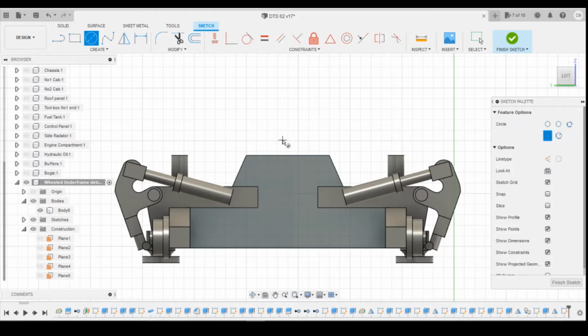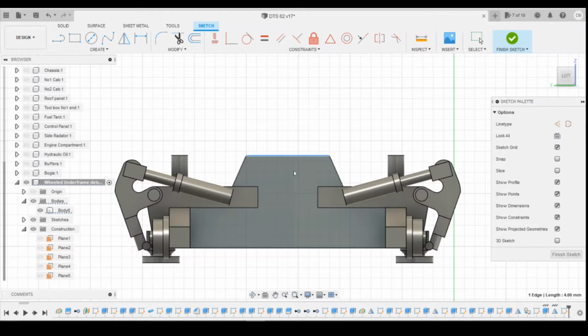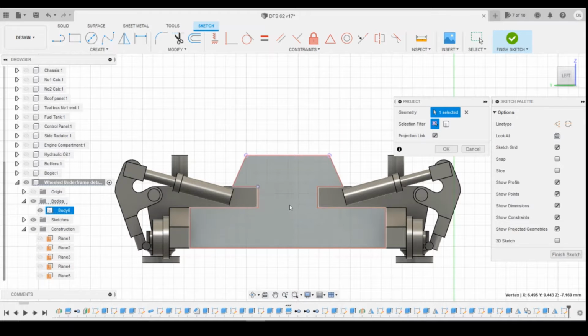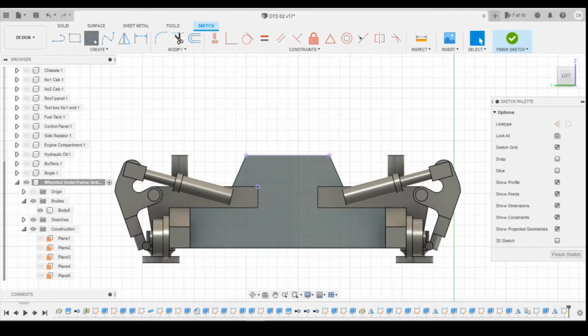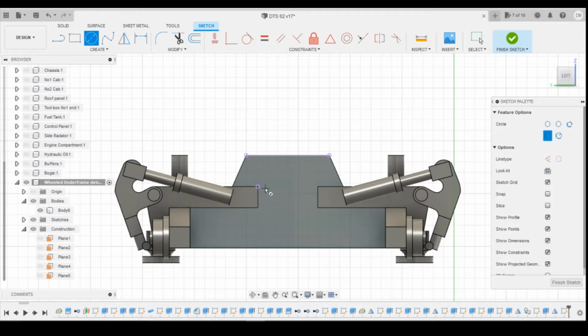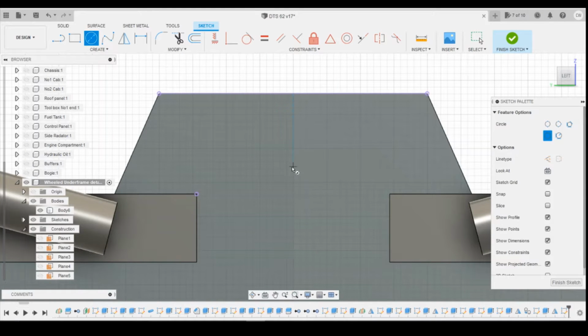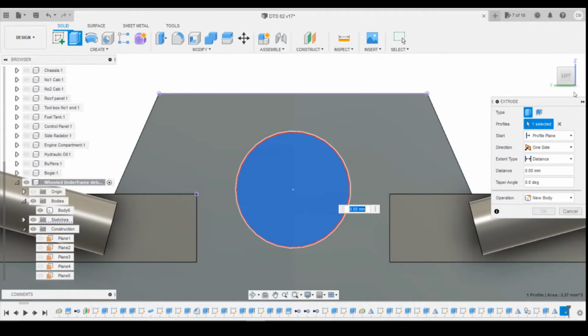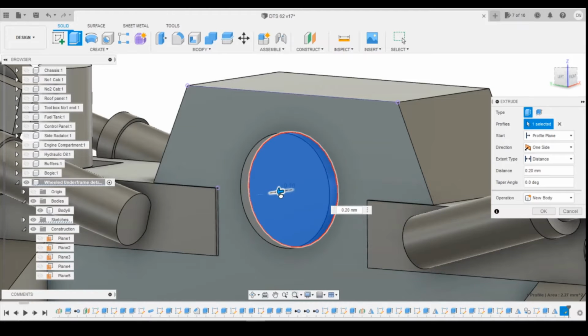Why won't it stay? Okay, let's project that line, make sure it stays, and we're going to project that corner. Hopefully then they'll stay in the midpoints highlighted. No. I wonder why it's doing that now. It used to work fine. So we'll use the midpoint of the line. We'll go slightly high. It's not the end of the world. I'll go for, let's go 1.7, and I'm just going to extrude that out ever so slightly, only 0.2. Tell that to join,